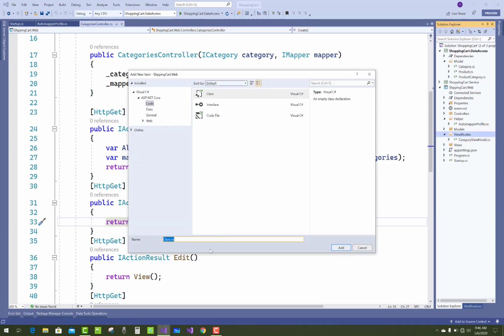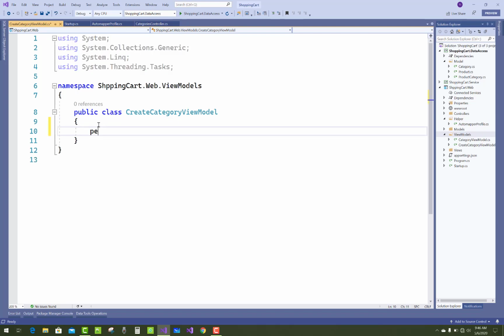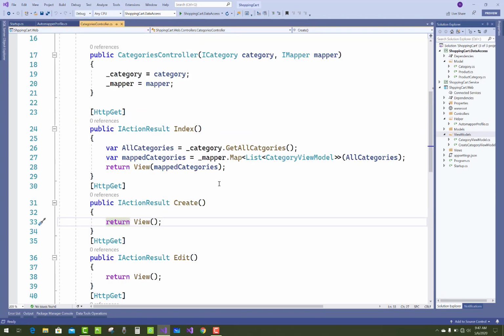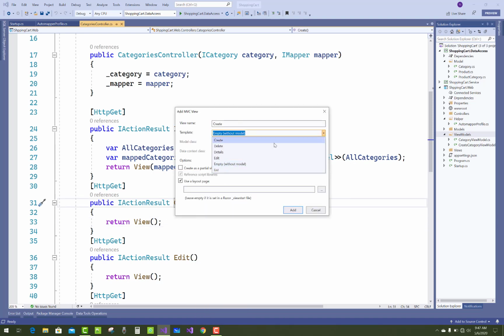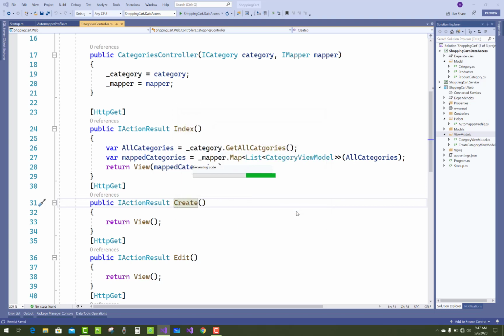Today I am going to show you the next video tutorial of the shopping cart project. In this project I am going to show you some view models related to the categories. First of all, the first view model is the create category view model, which was already created in the last video tutorial. But in this video tutorial I am going to show you the next view model, the create category view model for the create section.